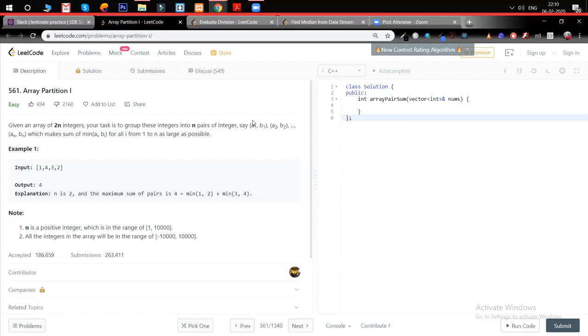So we can do one pass, put the numbers into the counting sort array, and then iterate over this 20,000 loop and find out alternate numbers.